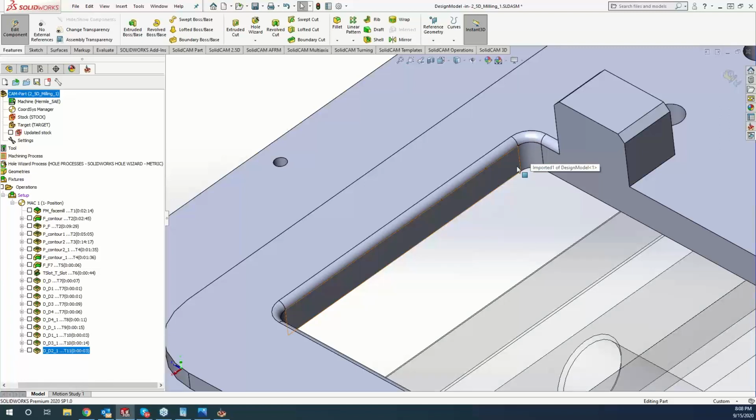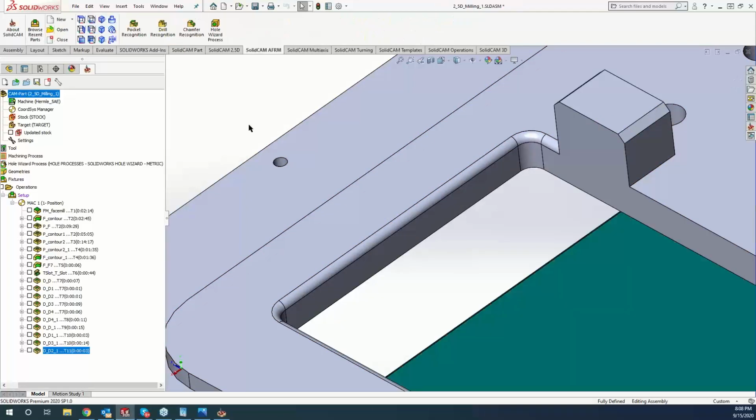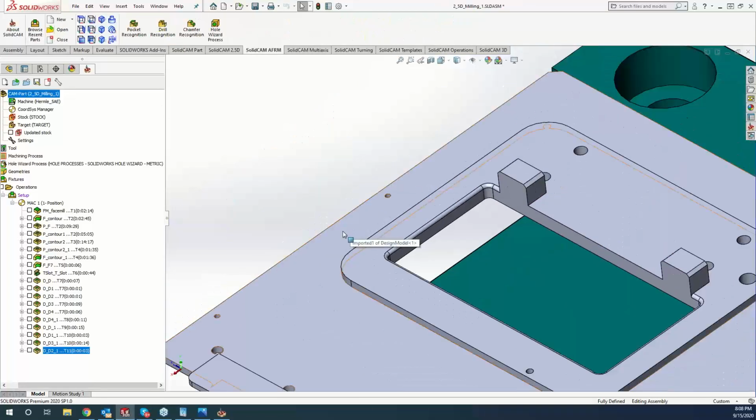Now, is that done automatically, or are you able to take the filter off so it won't ignore it? Yeah, you can turn the filter on so it will ignore it. And you can set that up in your templates as well. So there's a way to adjust it either way, depending on if you want to ignore it or not ignore it. Exactly. But it's going to recognize it. Okay, perfect. And I've never done one with a fillet, but hey, we're doing SolidCAM night class tonight, so let's just try it. So now we have that fillet on there, and let's go to our chamfer recognition,